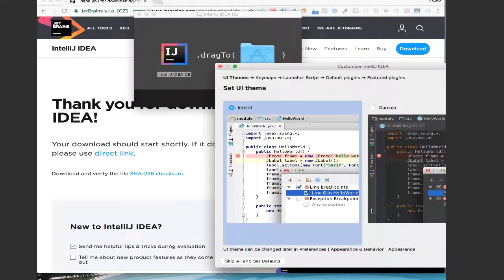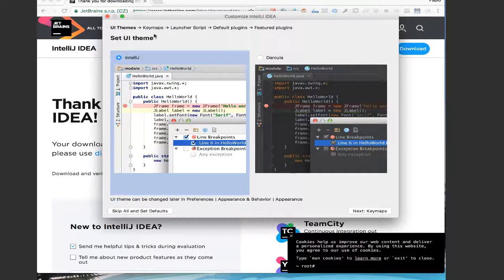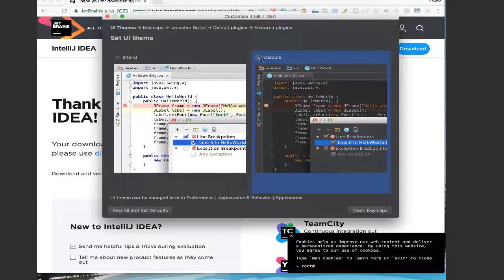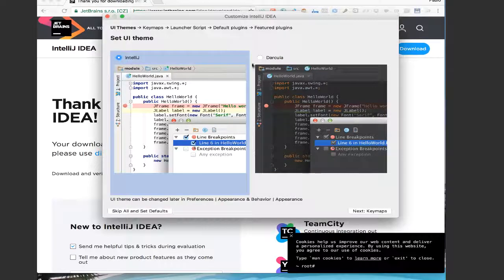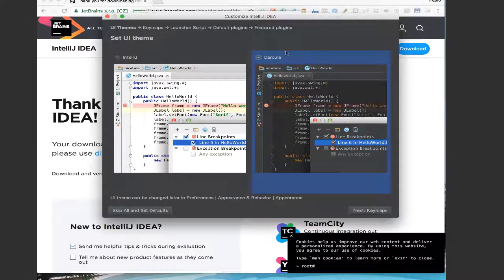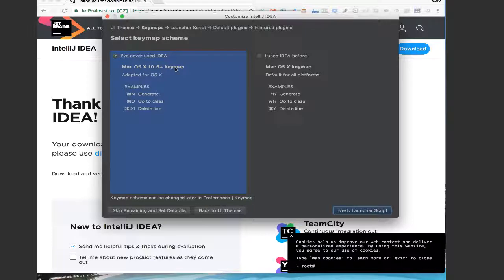Got to accept a few things. All right, of course it will give you some details, things you can do, shortcuts. Okay, in this case, we want IntelliJ white. I like this Dracula, which is kind of a black dark color. It's supposed to be better for your eyes, but if you prefer the white theme, go ahead and keep it here. Right, I prefer this one here, and of course these themes you can actually change later as well. Okay, so next,